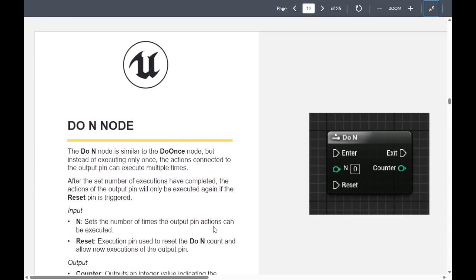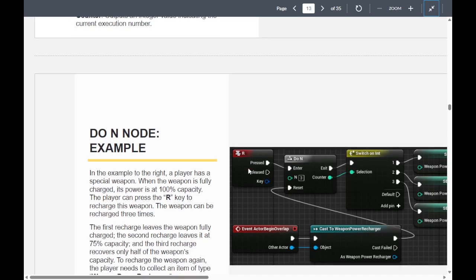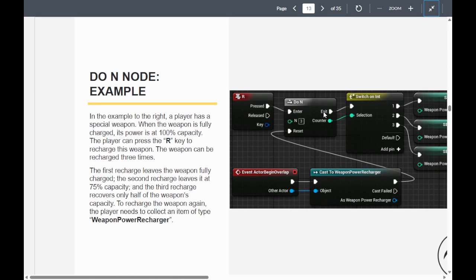Do N. This is like the do once, except you can do it a number of times. You can get the counter off of this as well. So after you've done it N number of times, it stops until you reset. So here's the R key. It will basically do these 3 times until